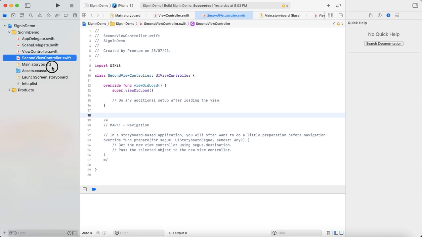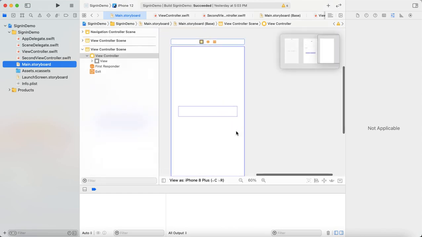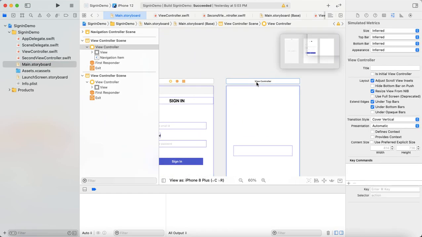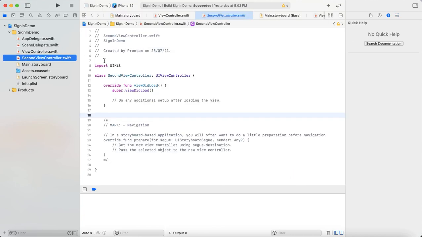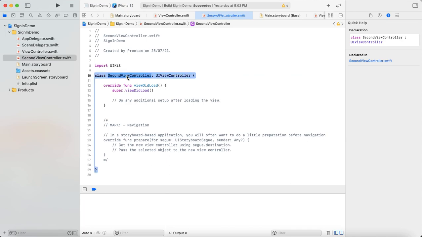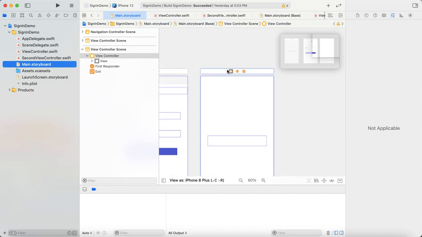But as you can see here, in my storyboard both of the view controllers have the same name. So when I'm going to navigate from one screen to another, I'm going to need a storyboard ID so that Swift can understand which particular view controller it has to show right now. So I'm going to set the ID. Just select this view controller's name, SecondViewController, go to your storyboard, choose your second view controller,